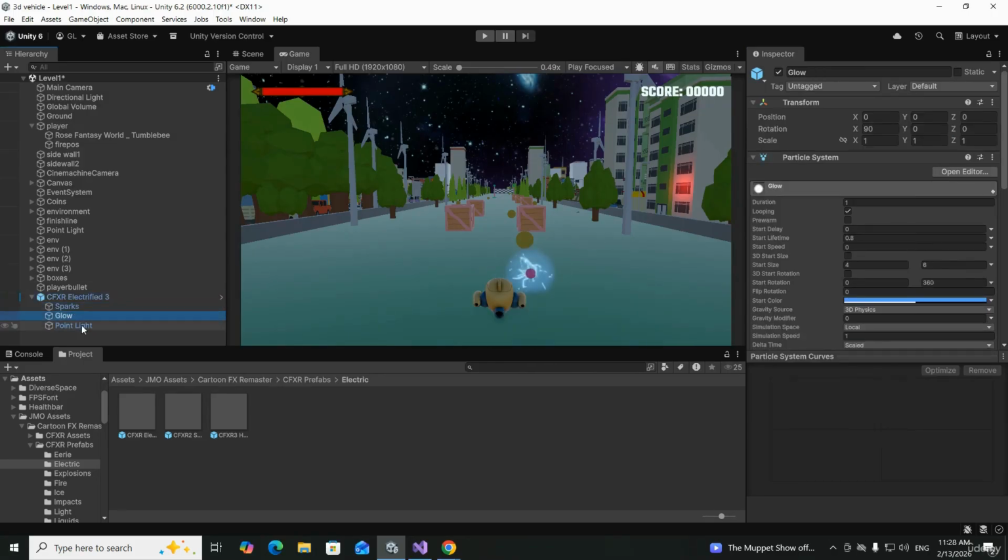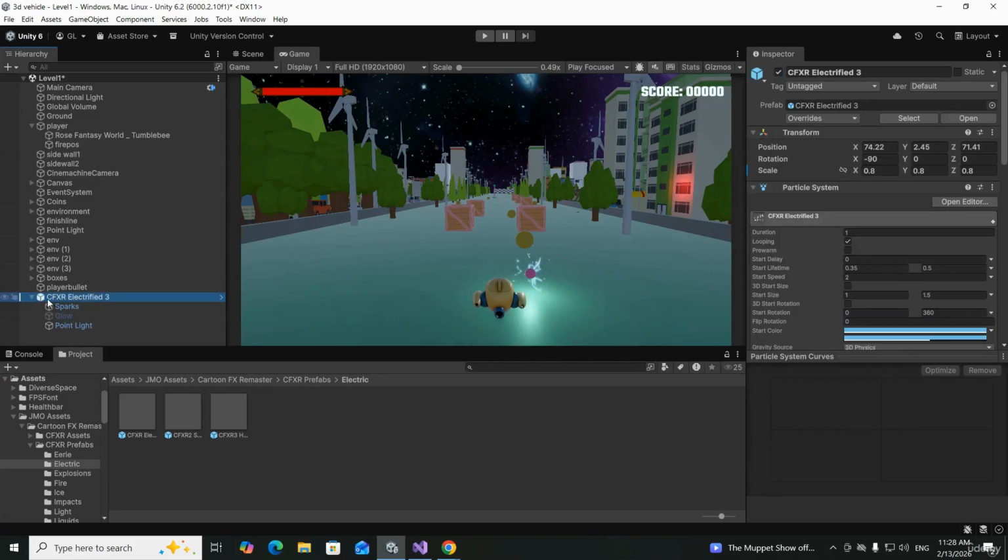They have sparks, glow, and yeah, I think this glow is not needed. You can obviously leave this glow if you want. I will uncheck this glow, okay? And what I will do, I will just drop this effect inside this player bullet, so it will be part of the player bullet and it will follow the player bullet. Okay, now that we have our bullets all working fine,